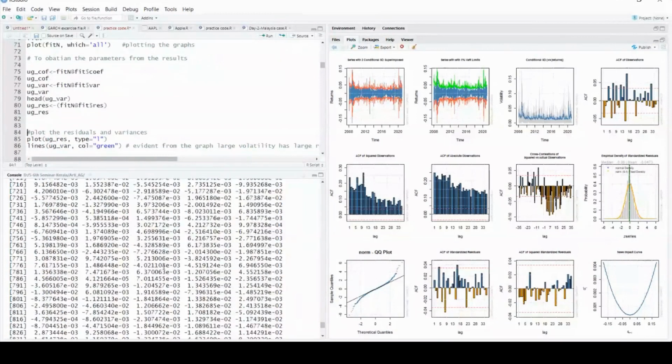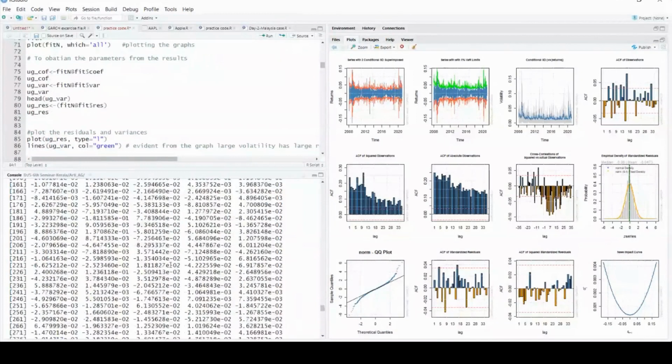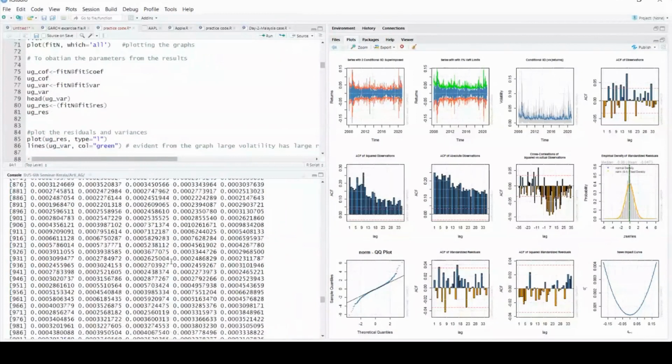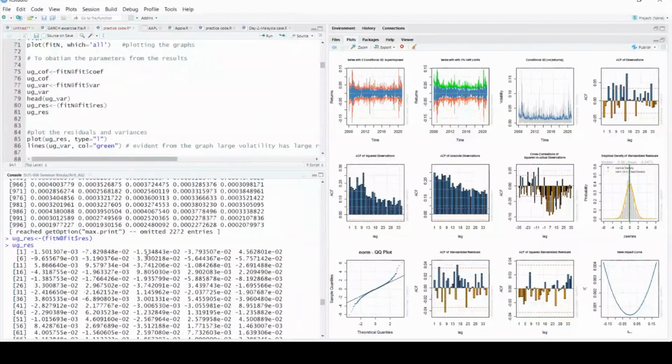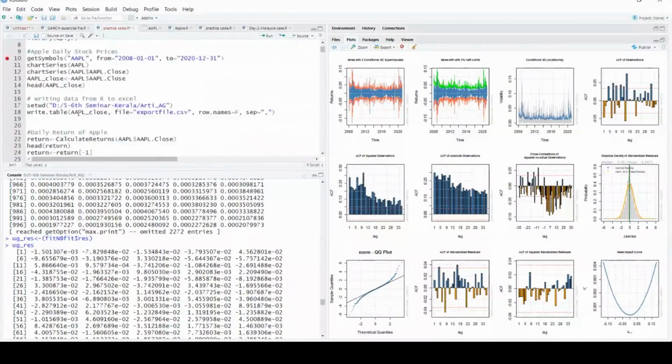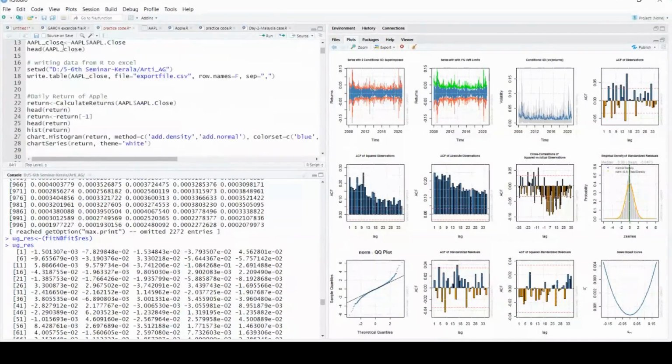Okay. Now somebody might be interested in how to transfer this data to an Excel file. If you remember my command for writing the data from R to Excel, this will work for you. Just save this to some kind of variable and then you can export it into the Excel file. Are you getting my point?